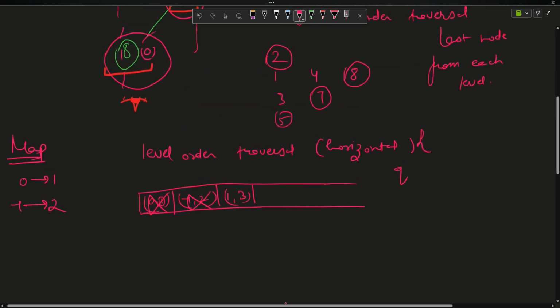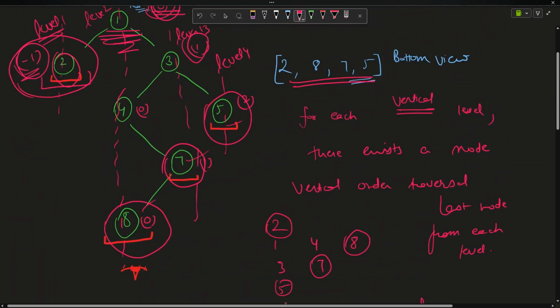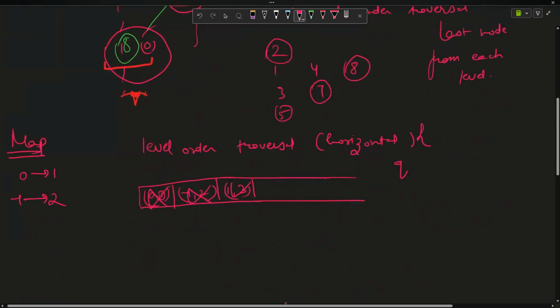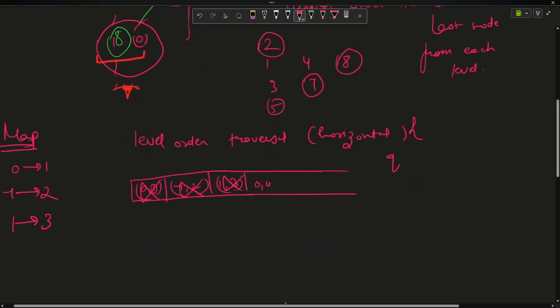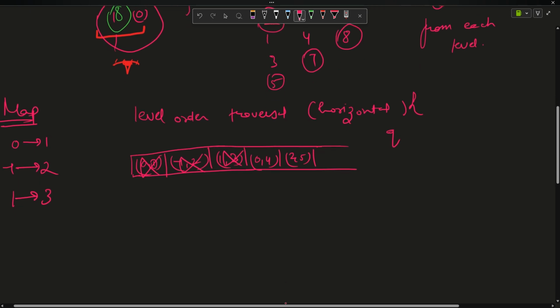Minus 1 is mapped to 2, and for 2 there are no other nodes on left and right, so that call will get finished, and for 3 it will start. So whenever I pop 1 comma 3, it will map 1 to 3, right? And 3 will say push 0 comma 4 and 2 comma 5. 0 comma 4, 2 comma 5. 0 comma 4 and 2 comma 5 are pushed in it, and as soon as I pop